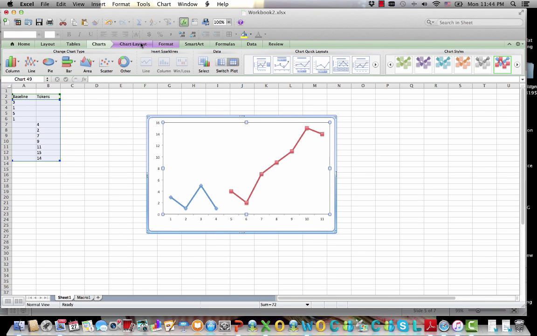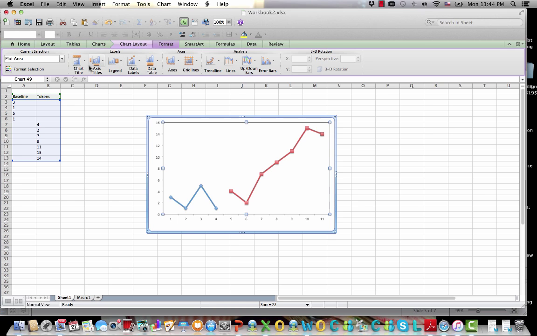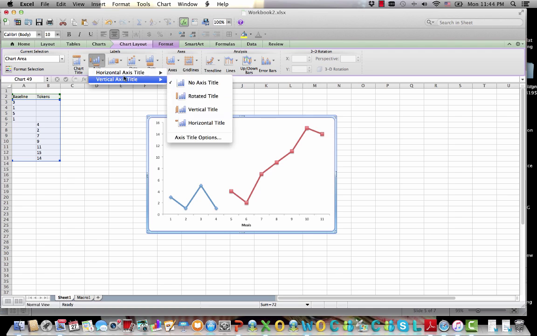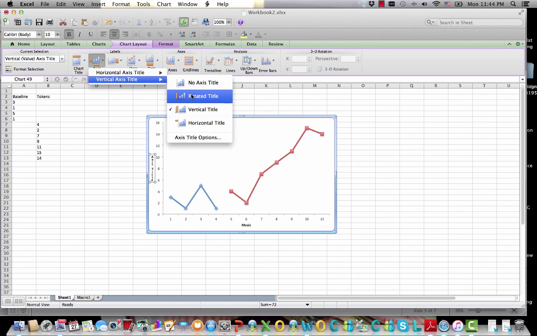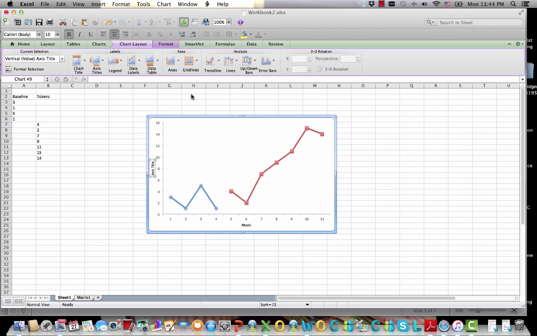You go now to chart layout, axis titles, horizontal, title below axis, and you write meals. Then you do the same here and you choose vertical, and vertical title, and I recommend rotated title, and you can write